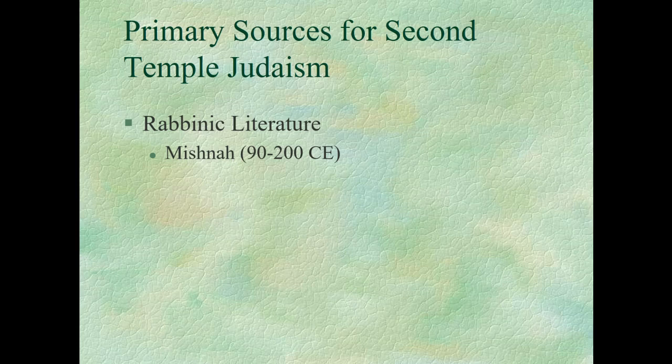Now it was codified, meaning it was put into some kind of book form around the end of the 2nd century. Usually attributed to a fellow by the name of Rabbi Judah the Patriarch. But it may have material contained in there that goes back to teachers who lived earlier. Now, many teachers are named who existed in the Second Temple period. But of course, reading Mishnah that was codified at the late 2nd century about views that were held prior to the destruction of Jerusalem,